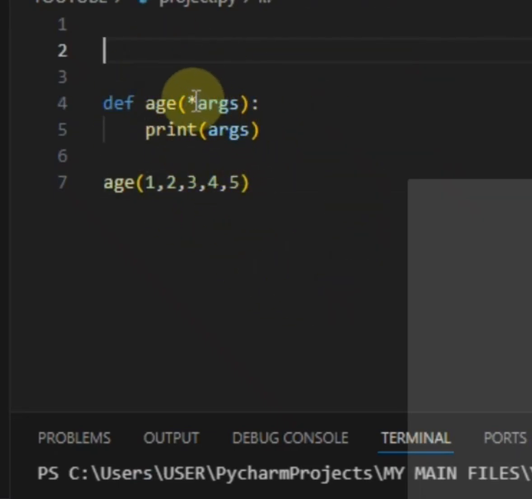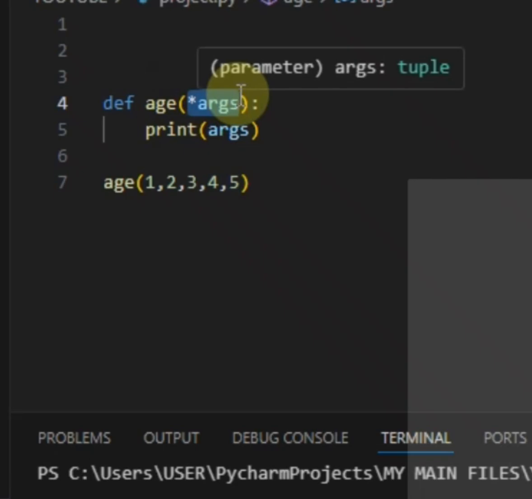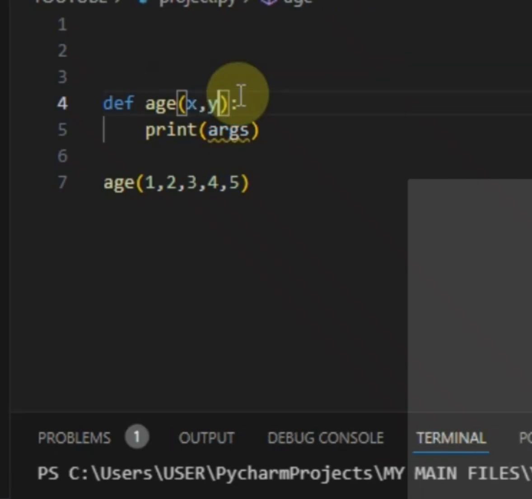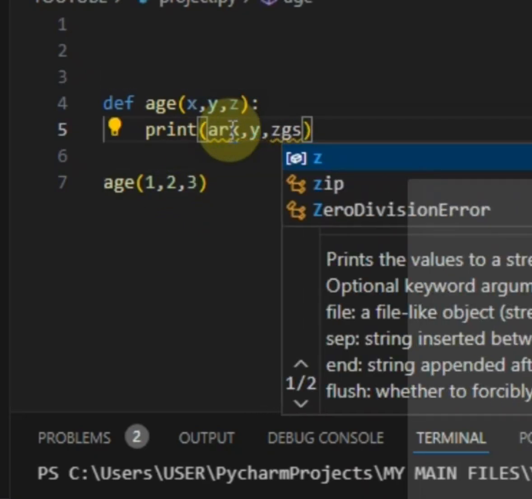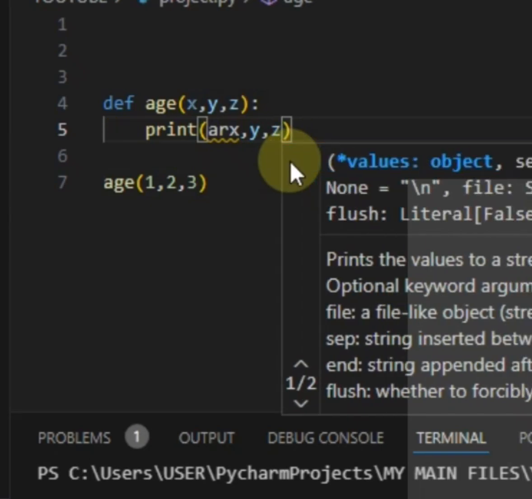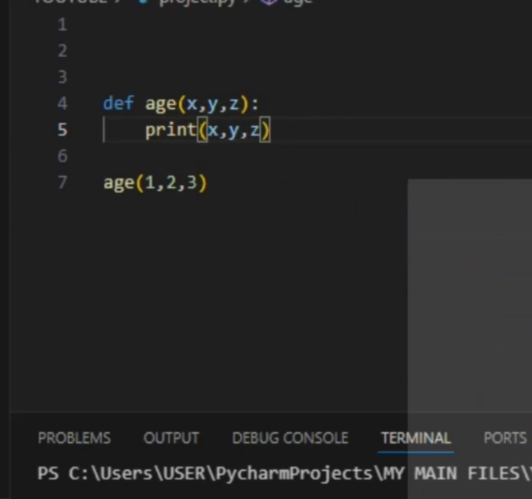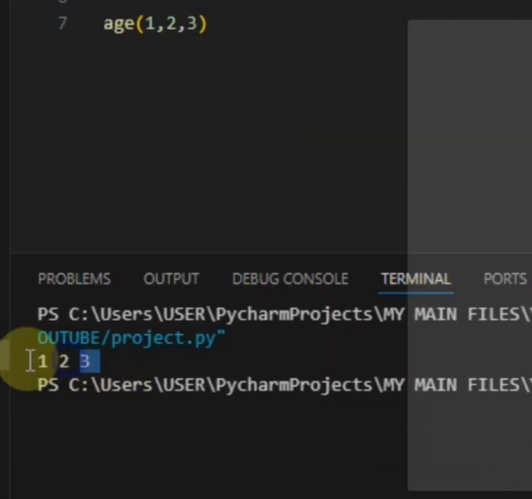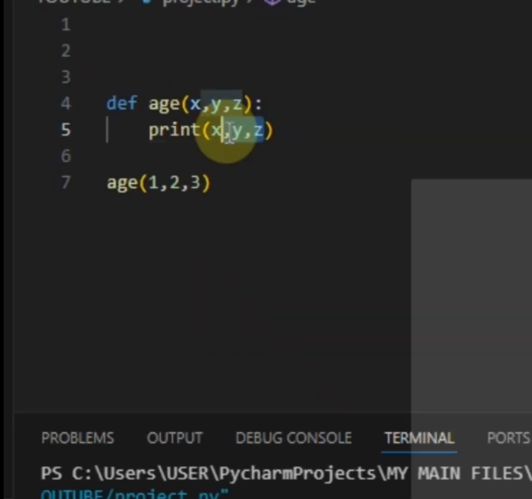Remember that initially, for us to be able to do this, we have to explicitly set the variables on top. Here I can say x, y, z. Let's say I want to write 1, 2, 3. I have to say x, y, z. So when I run it, I get my 1, 2, 3. But while I'm writing this, I'm going through the stress. Since I want to print out just 1, 2, 3, I can just write the args